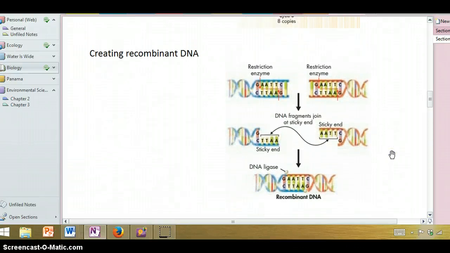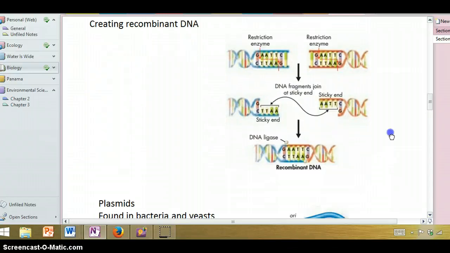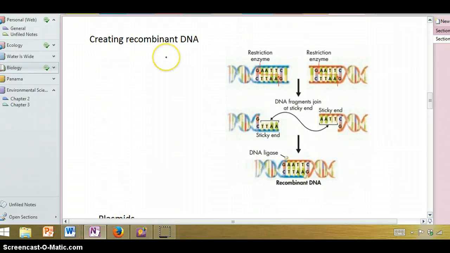All right, so now we've got lots of DNA. How do we move that DNA from one source to another? How do we create recombinant DNA? That is, how do we take DNA from two different species and splice them together? Well, those restriction enzymes come in handy, in particular the ones